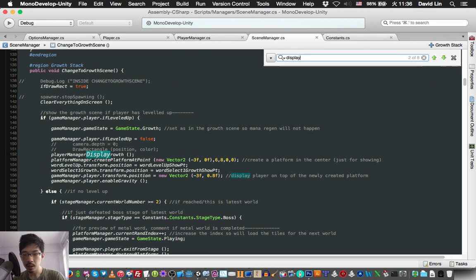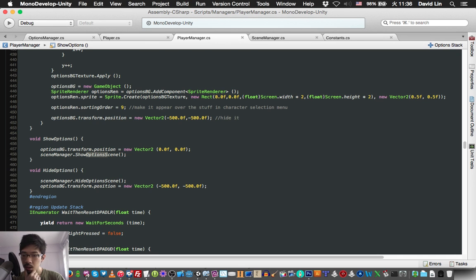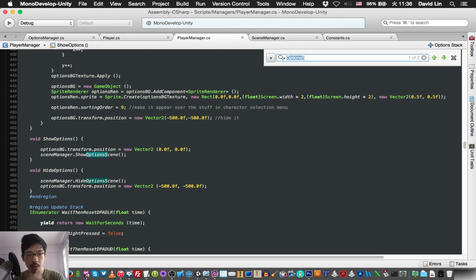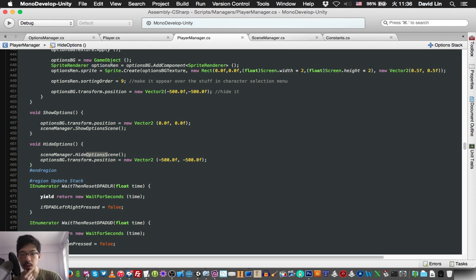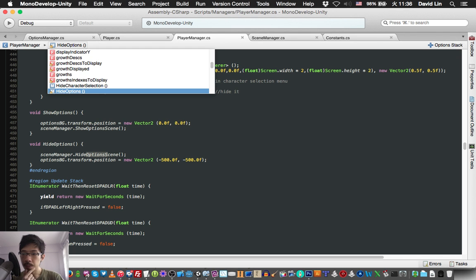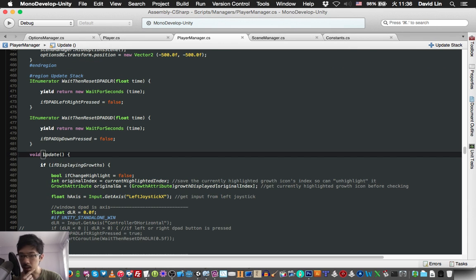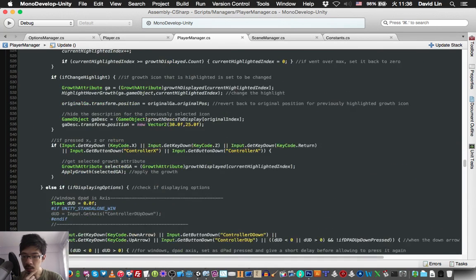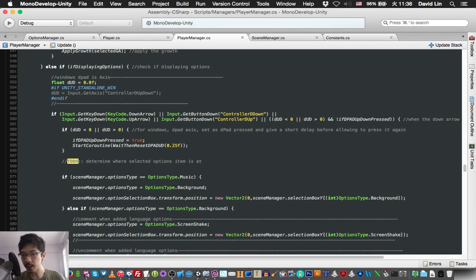Display options or display. Oh, so that is in our player manager. Or is it in our scene manager? Okay, hide options. Let's go to our update method. So over here, if displaying options, here we can finally